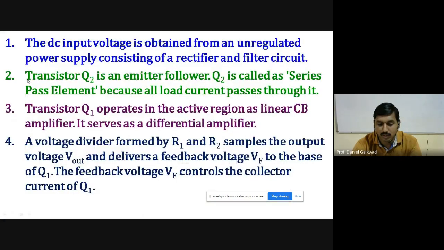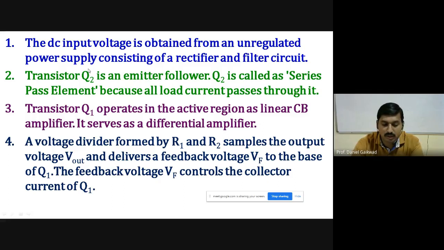Okay. Now second, transistor Q2 is an emitter follower. This is an application of the transistor, which has a number of applications or workings. In this circuit Q2 acts as an emitter follower. So what do you mean by emitter follower? You have already learned that in 11th standard. Just check the 11th standard textbook, the working of the transistor, which has a number of sub points, in which one circuit is called the emitter follower circuit.